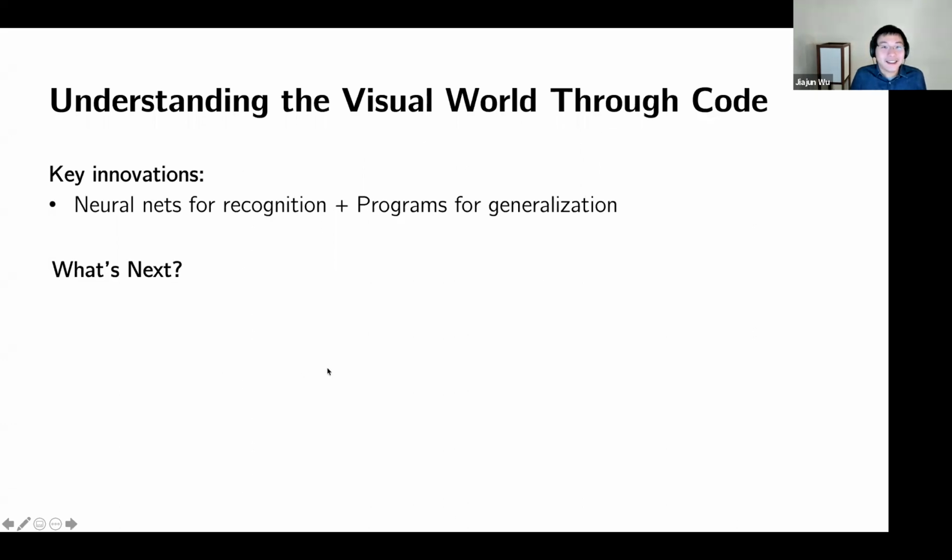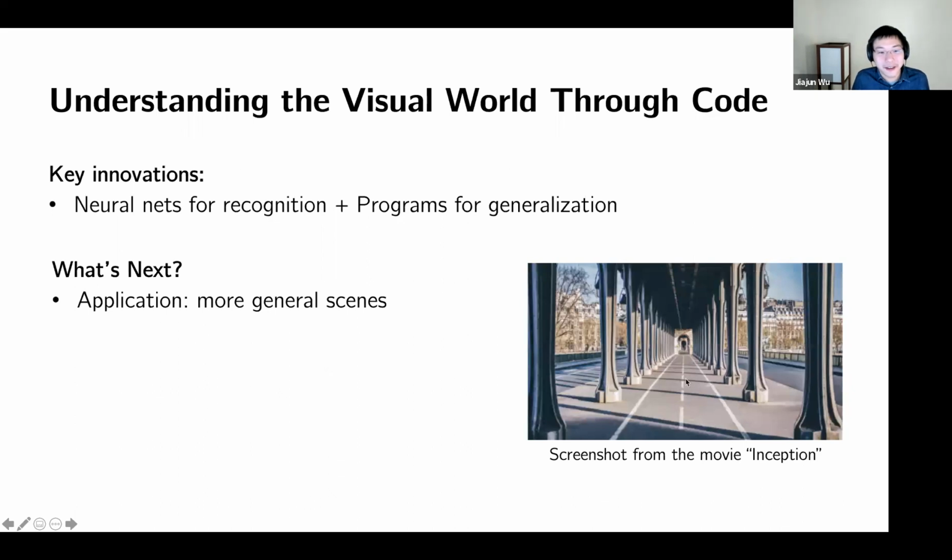So what's next? Of course, we're interested in working on more general scenes. There are scenes like this; I took a screenshot from the movie Inception. Of course, there are regular structures. The columns are repeating themselves, but there are also a lot of things that are not program-like, like the skies and even the tree structures. These things are maybe hard to model using programs. So maybe we can think about how to blend this kind of program-guided scene representation with more latent feature-based scene representation. We're also interested in methodology, because of one problem we encounter. Actually, Zena was asking